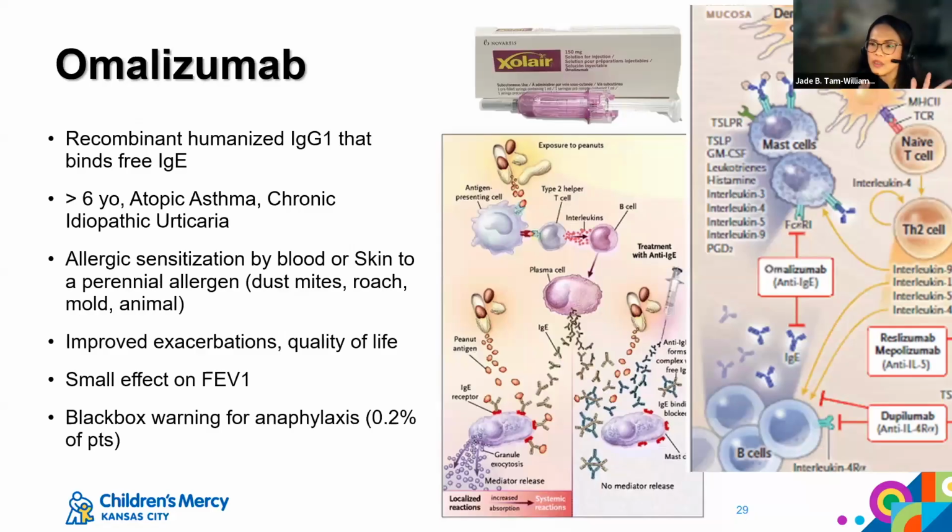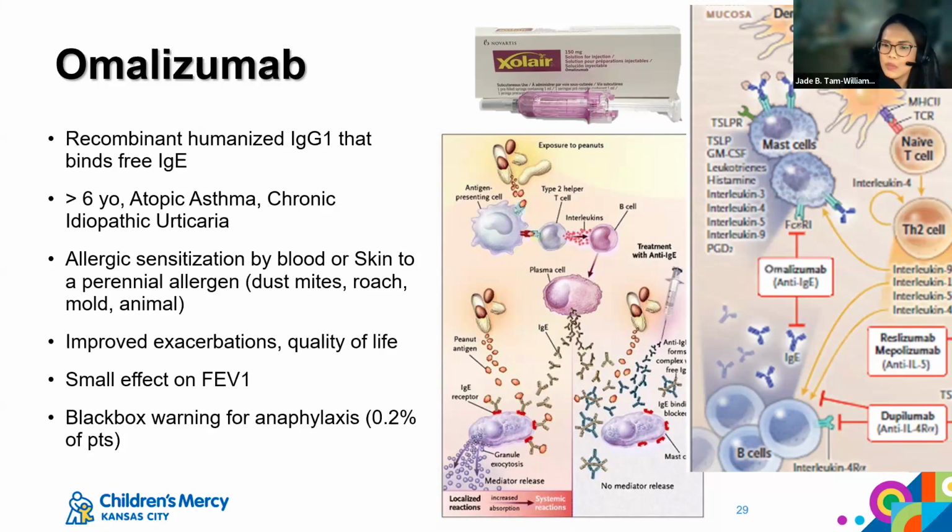Omalizumab has been around the longest. I call it the OG. It's been around for quite a long time, specifically initially for food allergies, and it has been shown to be beneficial for allergic asthma and for chronic hives. You do have to show that you are an allergic kid, and what it does is it actually binds to the IgE itself. So it's based off of how much IgE you have, and it binds to this and renders it useless. So going back to the analogy of a cell phone and phone signals, the cytokines being signals,